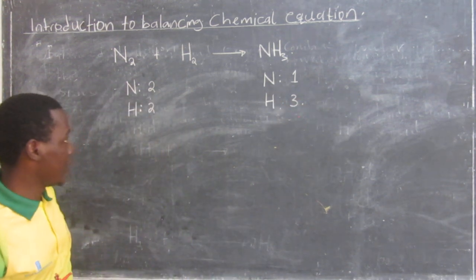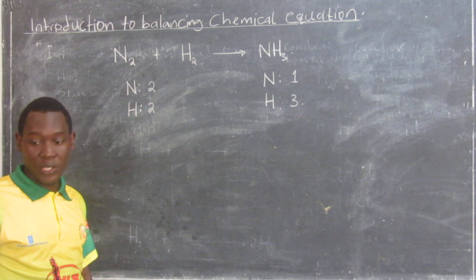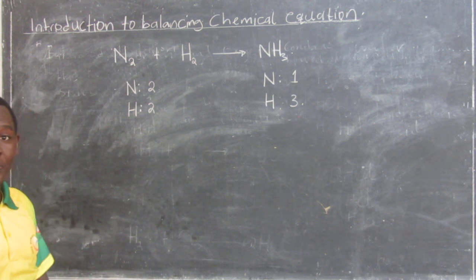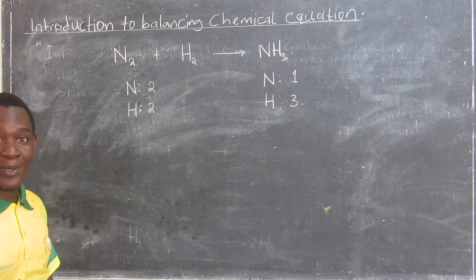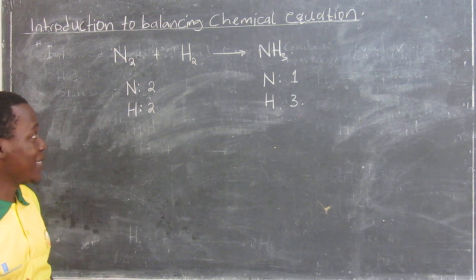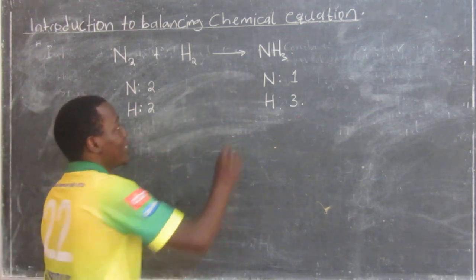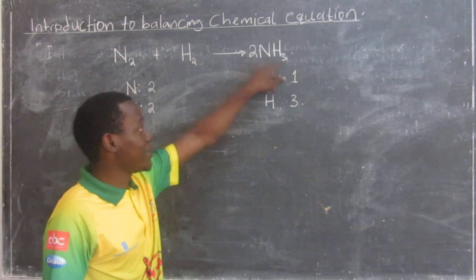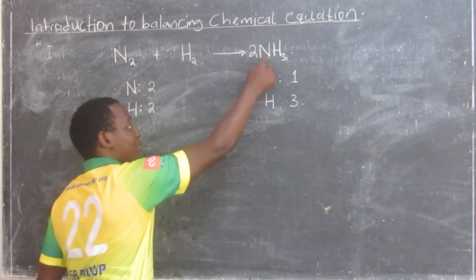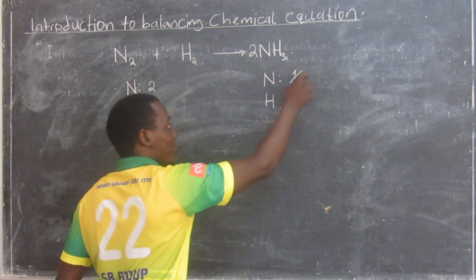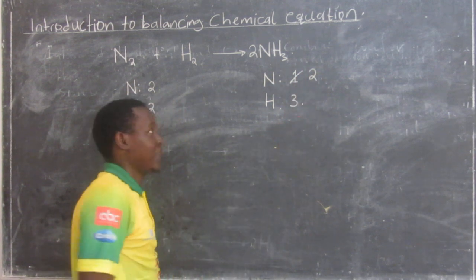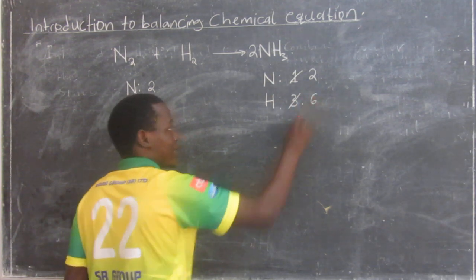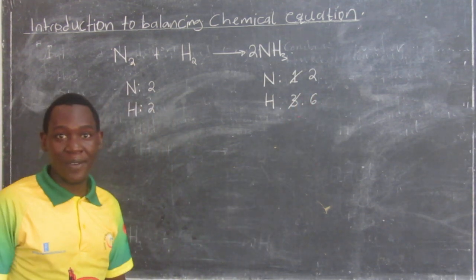If that's the case, we need to make sure that our equation is balanced. We need to play around and see how to balance this equation. Since we say it is a puzzle, you add numbers. What if, from here, you say, what if I add a 2 here? If I add a 2 here, meaning that this 2 multiplies each and everything in that bracket. A 2 times 1, you get 2. This one changes to a 2. A 2 times a 3, it's a 6. Meaning that this one changes to a 6. If you are very critical enough, you are seeing that